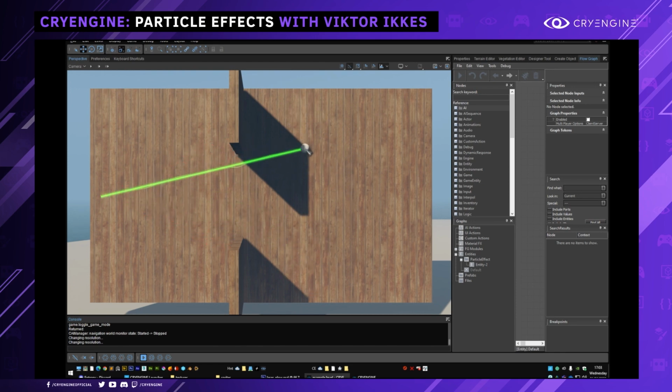We got some laser beams. It's a very simple effect, you might think, but you have to think about a lot of things when you're starting to create a laser beam. And it really depends on what your game is, of course, what the requirements are, what the thing has to do, but we'll show you some setup you can build,